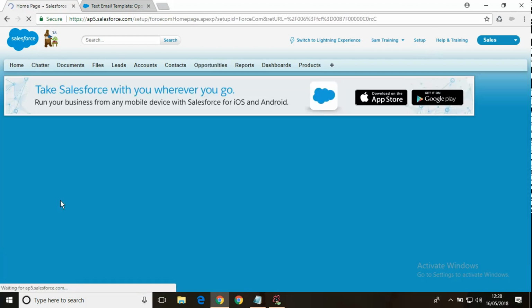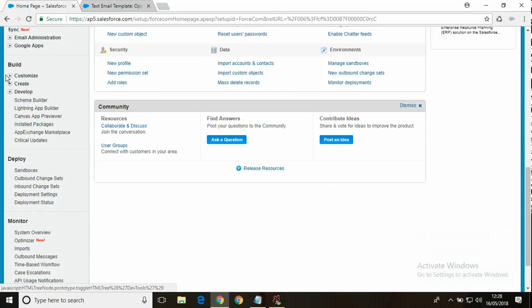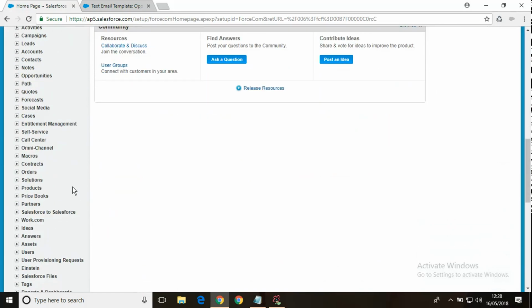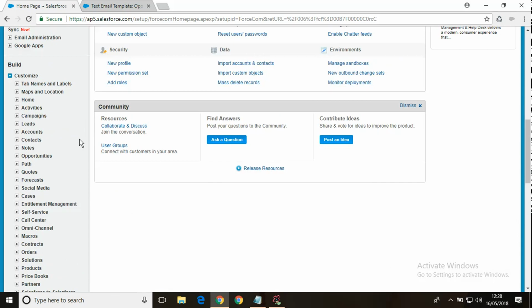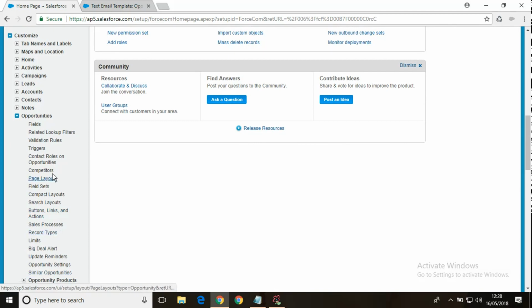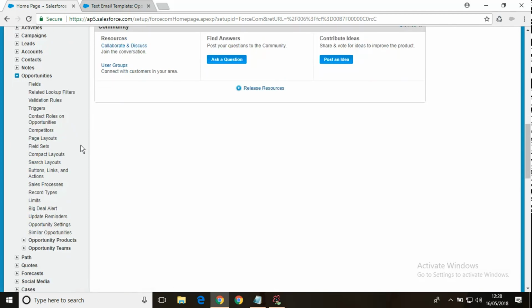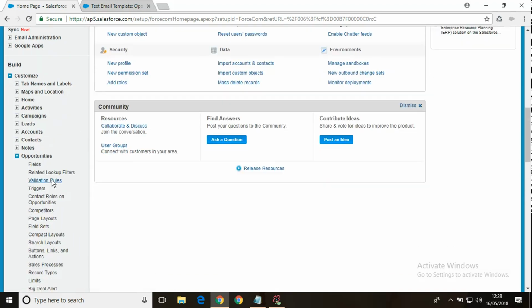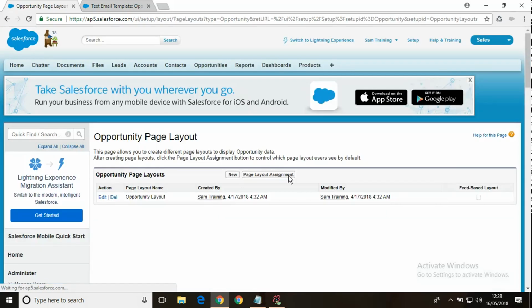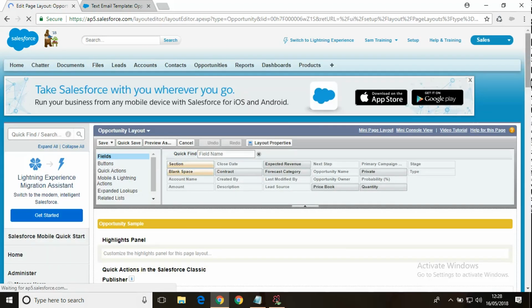It's not there in the page layout, so let me go to the page layouts, customize, opportunities, so page layout I will open. This is the page layout of opportunity, and let us modify that. I want the close flag to be entered. Let us see if it is there or not.